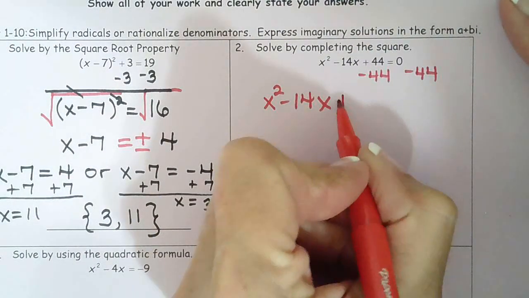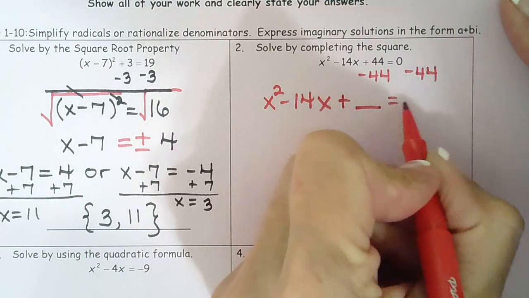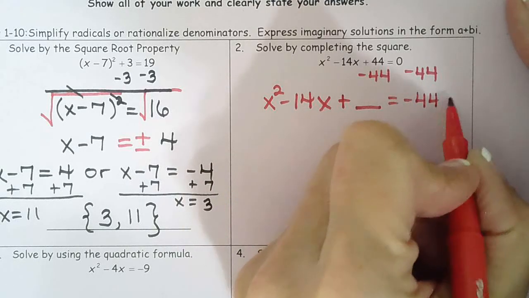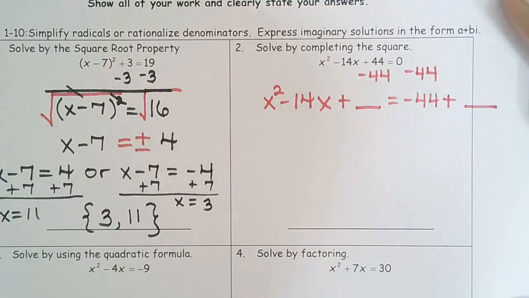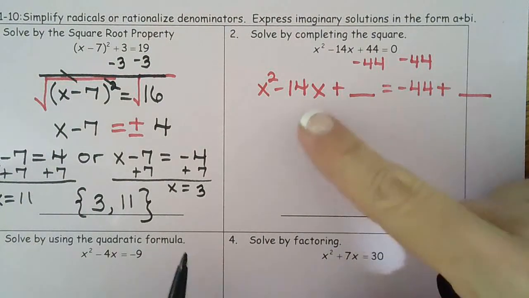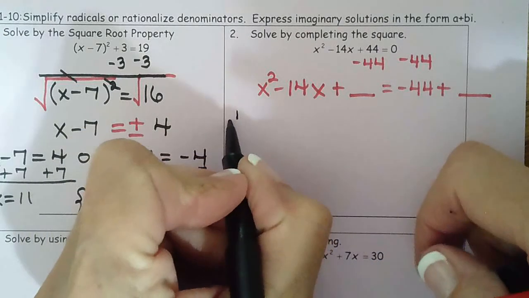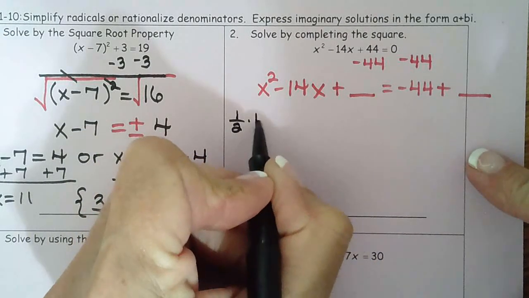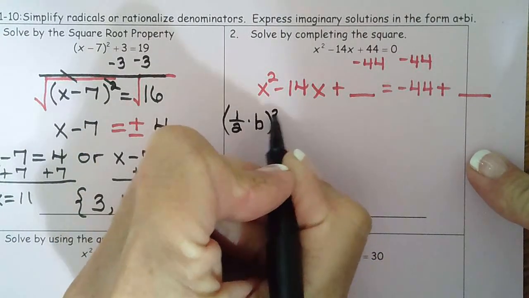So then we wrote plus blank equals negative 44 plus blank. And this should be pretty fresh in your memory because we did this also with parabolas towards the end of the chapter. So then we had another formula we used where we did half of b squared,